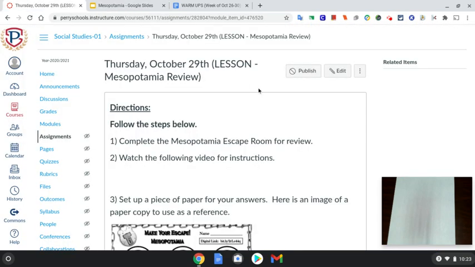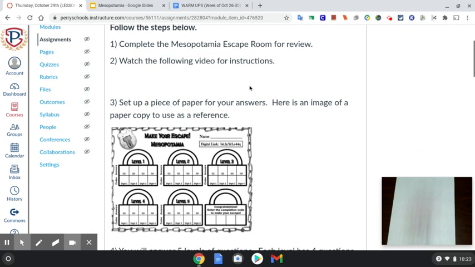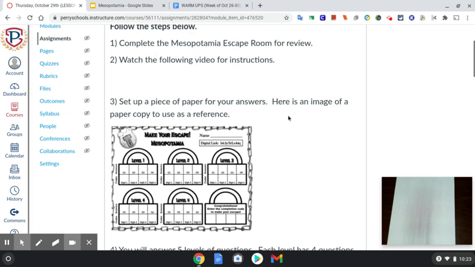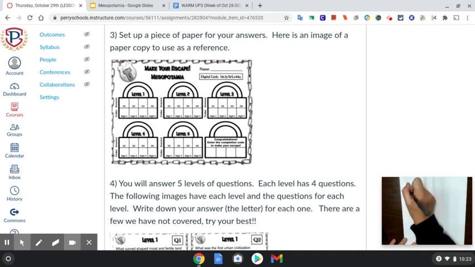Now, to walk you through how this escape room is going to work for today, you should have already done, you're doing number 2 right here, right now. Watch the following video for instructions. But the first thing you're going to need to do is set up a piece of paper like I've got here, where you can write down answers and then get the number for those answers. So I might write down level 1, and I'm going to need 4 answers,